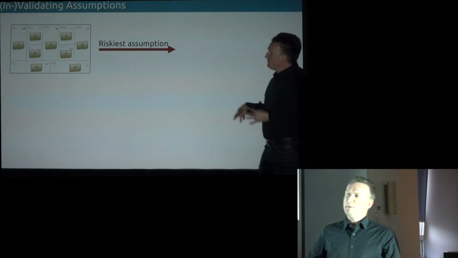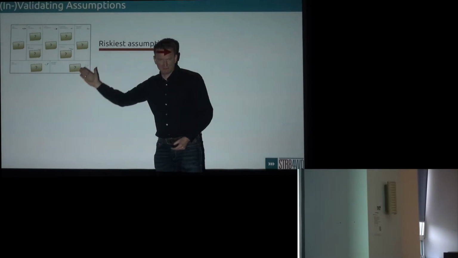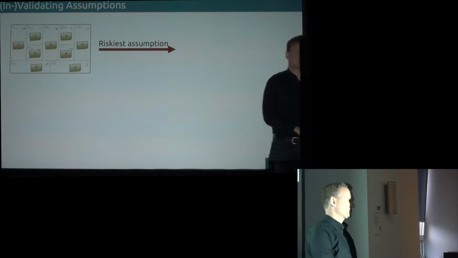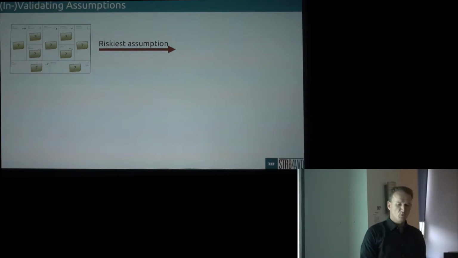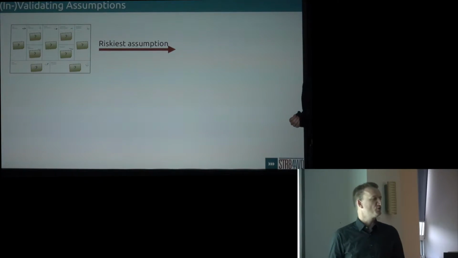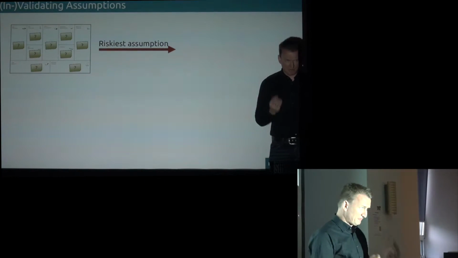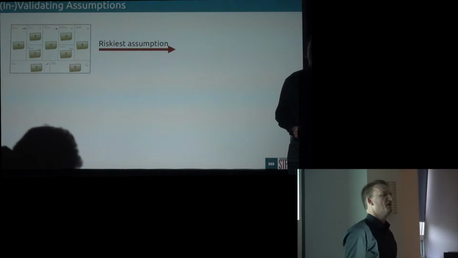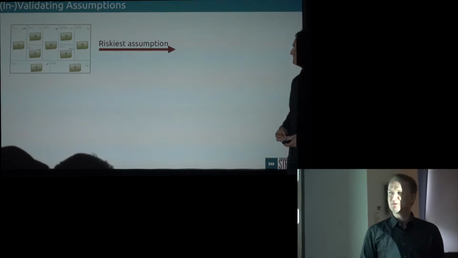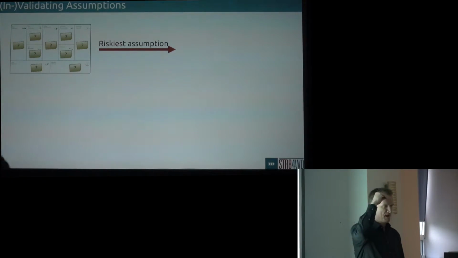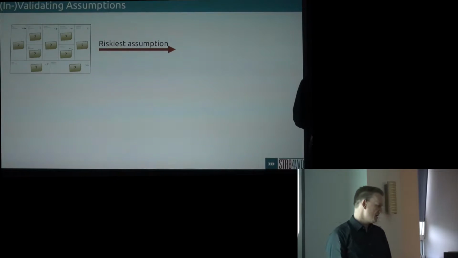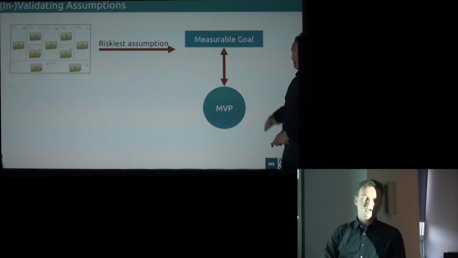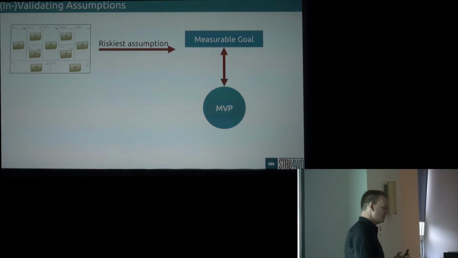So we pick the business model that we fall in love with. Big risk, by the way. And we pick the riskiest assumption, which does not mean the one that we believe is most unlikely, but the one that, if it's wrong, may kill us, or at least will waste a lot of time and money. Okay, so look for the maximum impact you can have. And we take that riskiest assumption and redefine it into a measurable goal.